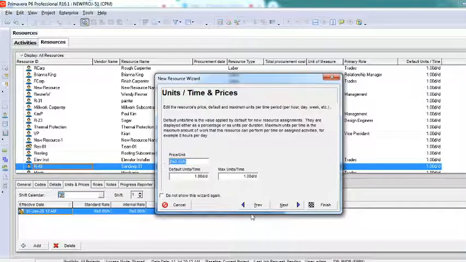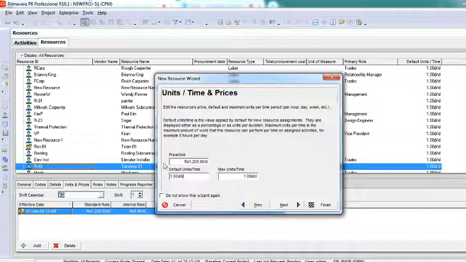Now, unit price per unit. For Sandeep, it can be in hours or days. How do you want to pay? I'll consider about 1200 rupees per day. And how many Sandeeps? It does not make sense here to say how many Sandeeps. If the resource has been created as just a labor or a mason, then I can say how many masons or how many laborers or helpers or steel fixers. Right now I've created it as Sandeep, so I do not need to add how many, default or maximum. So everything is 1 here.